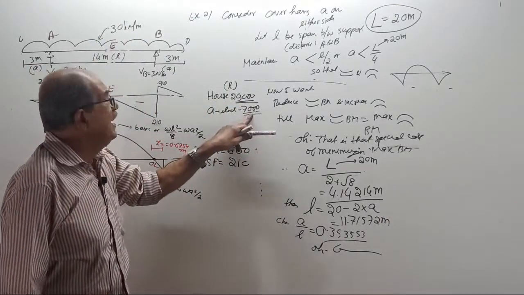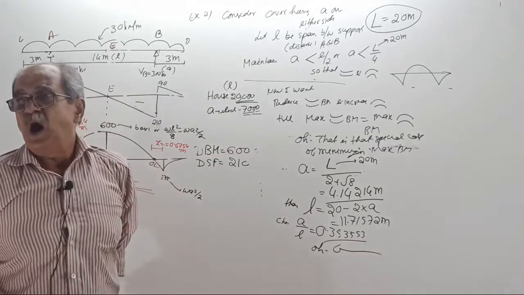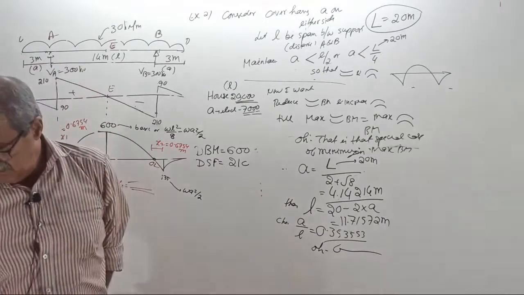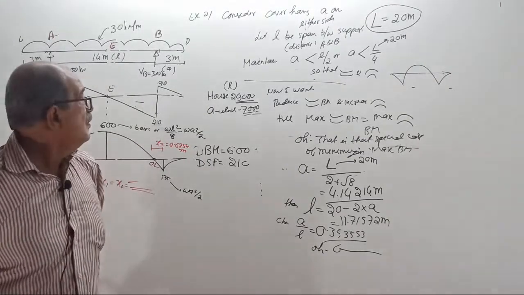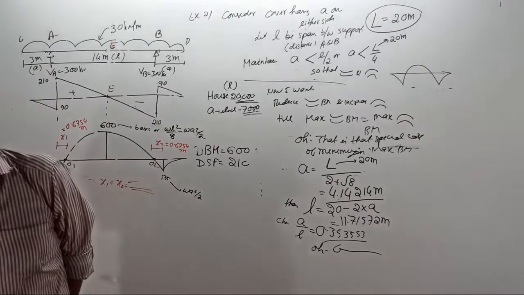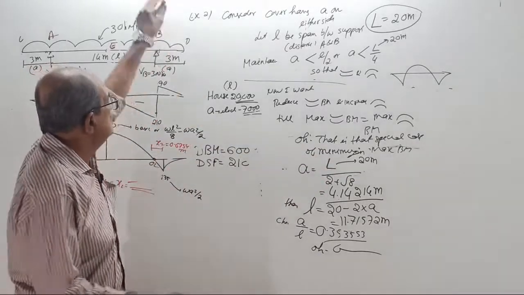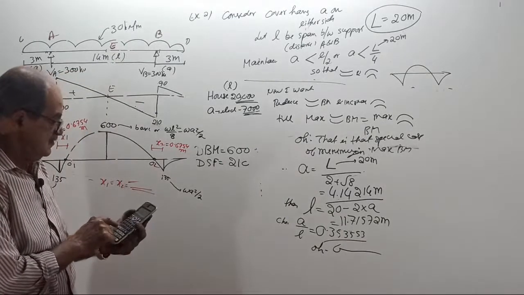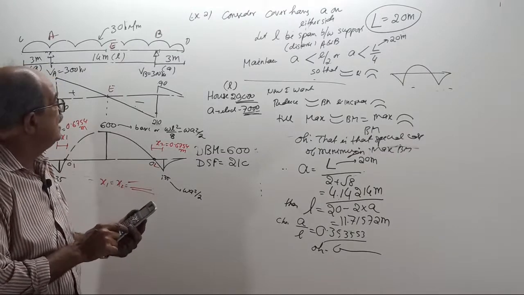What percent of house rent is he spending on his electricity bill? 35%. See, 0.35. Now I will do one thing now. Divide by,